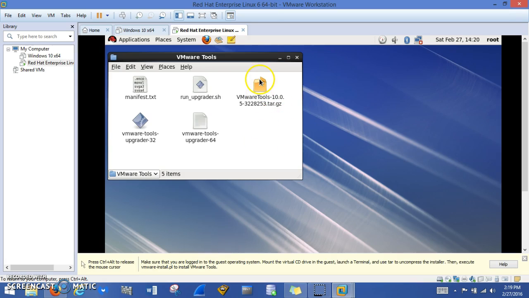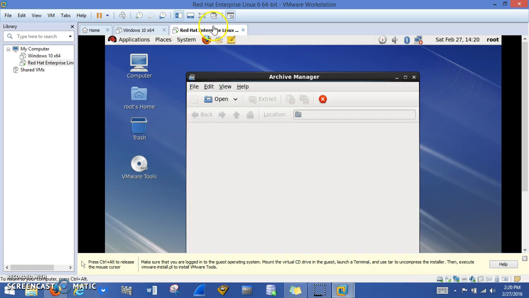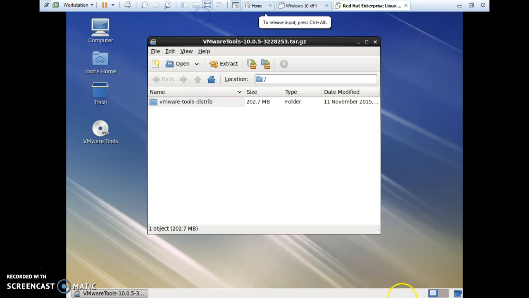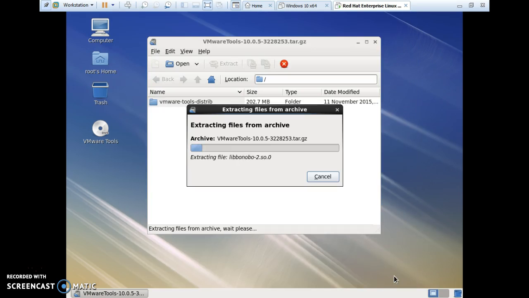Okay, we're going to take this file here, the VMware tools tar file. We're going to go ahead and put this on the desktop. We can go ahead and close this, and we're going to double click, bring this back into full view, and then we're going to extract the files, and we're going to put them directly on the desktop and click extract. And we can click on quit,